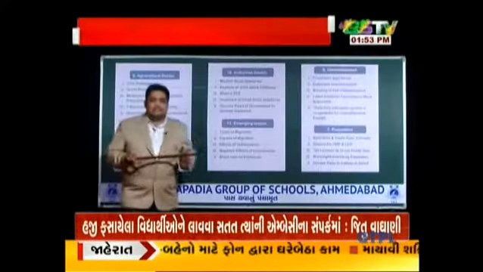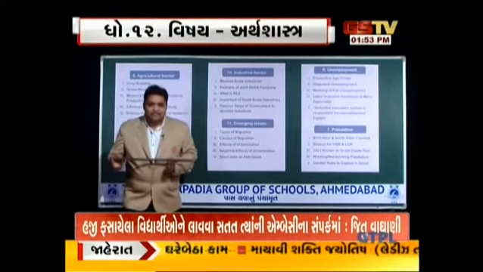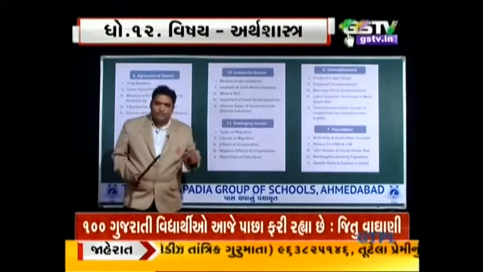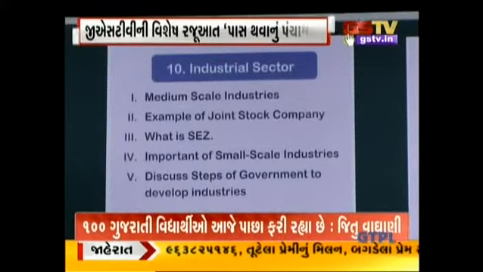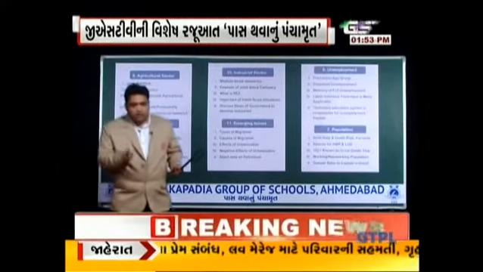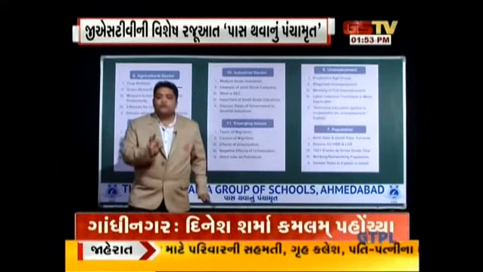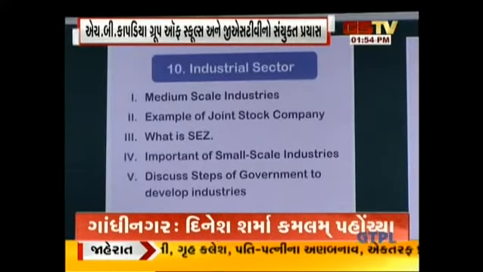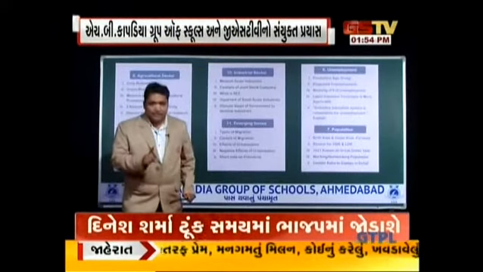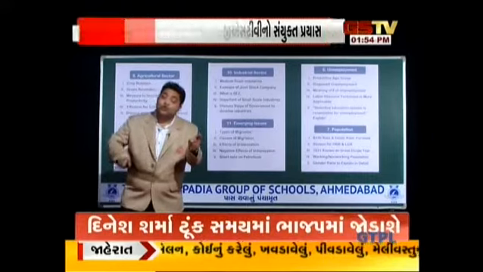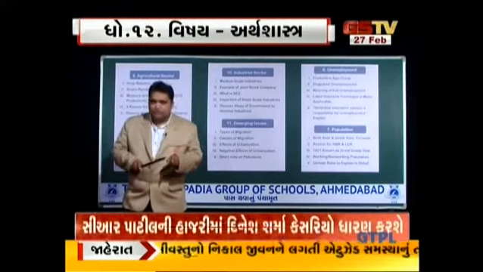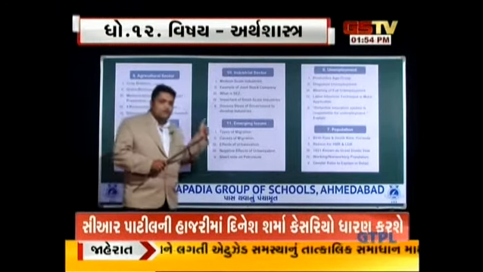Industrial sector, there is a whole structure of industries, if you have seen, that is so interesting. You can learn it yourself, you can write the point and you can learn the point from within. Here the questions are given on medium scale industries. Please do not get confused between the middle, the small, the ancillary industries. You have to be very particular about these definitions. The next part is example of joint stock company. See beta, here I am telling you joint sector is different, joint stock is different. Make sure that when they ask you any example from this, do not get confused and do not merge the